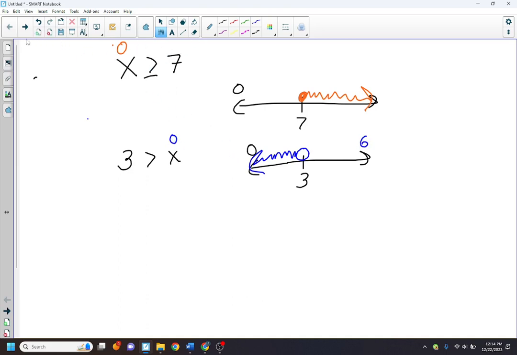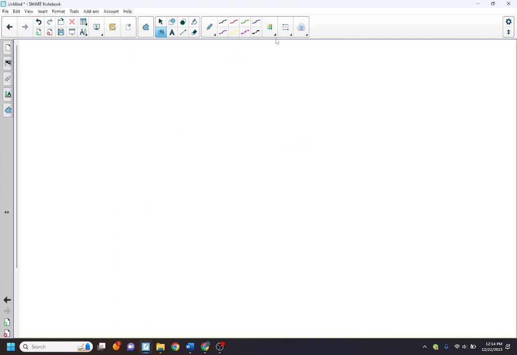Okay. Now, with that in mind, we also have equations that we could do with it. For example, x plus 2 is less than or equal to, let's say, -3. In these scenarios,